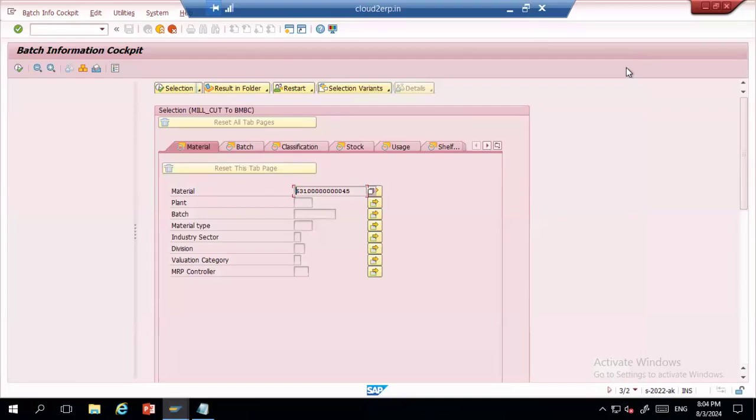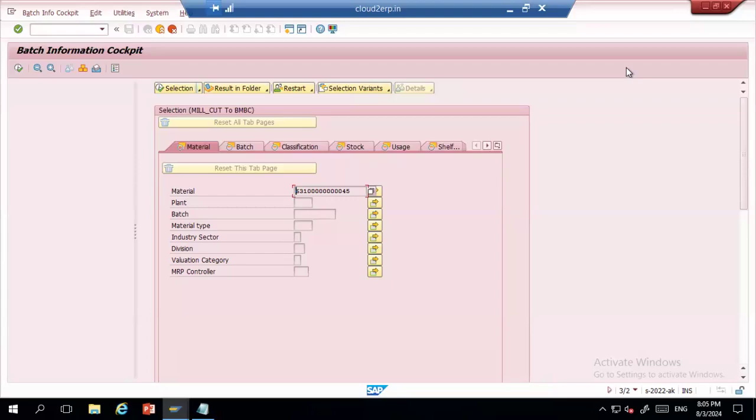Venkat, is batch management applicable only for products which are perishable? It cannot be applied for the automobile industry, is it? It can be applied if you need to differentiate which batch the material came in, so you can maintain that. You can also bypass the expiry date here. This configuration comes under PP, production planning.